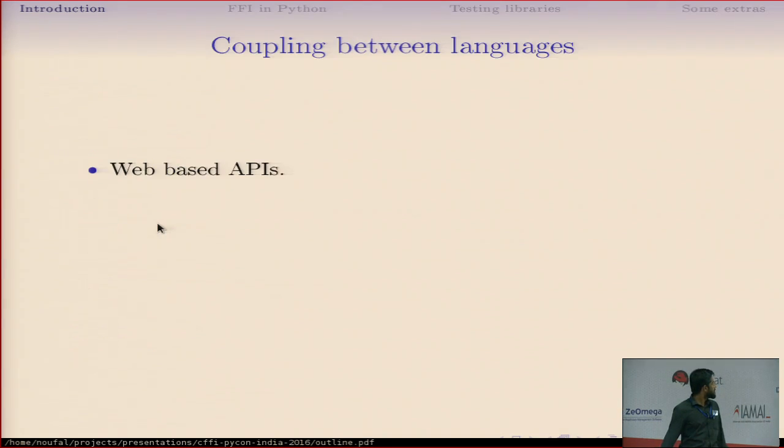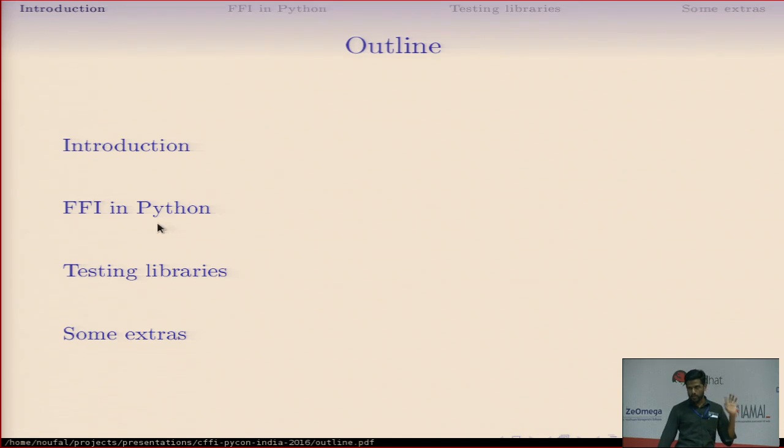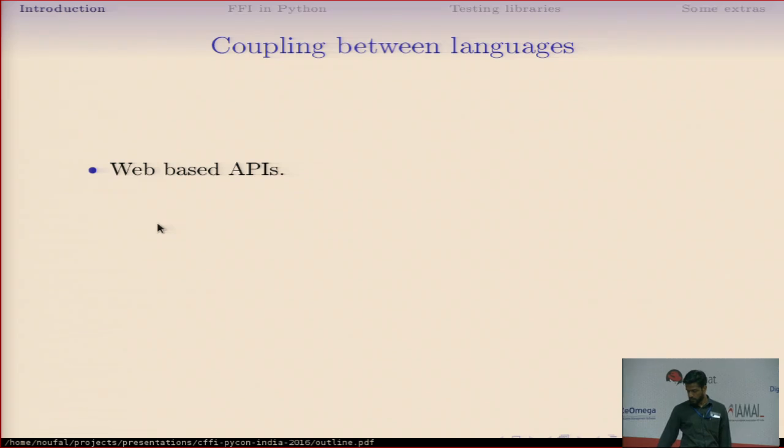All right, so this is the outline of the talk. I'm going to introduce the ideas a little bit. I'm going to talk about FFI, and I'll tell you what that is in a while. Then I'll talk about how to test libraries using this, and then some extras if we have time. So first thing,